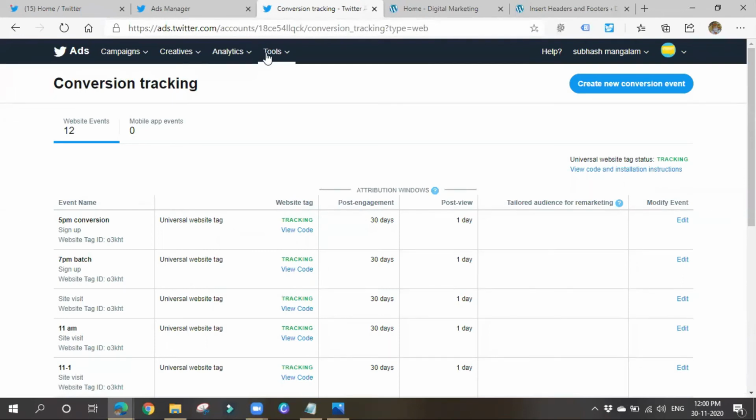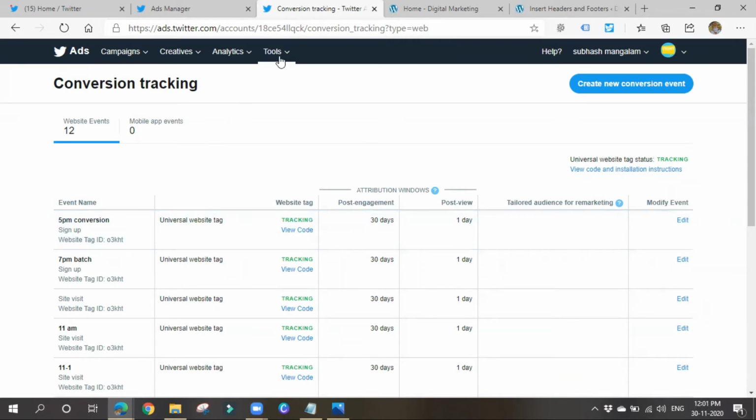Okay, so again, if you want to go for retargeting, you must have set up this conversion tracking code on your website. And also, while creating a campaign, if you want to go for app engagement or app installs, you want to run such kind of campaigns, then also you must have placed this Twitter code on your website. Then only you can go for such kind of objectives while creating a campaign. Right. So before going to remarketing in Twitter, we have to create an audience.